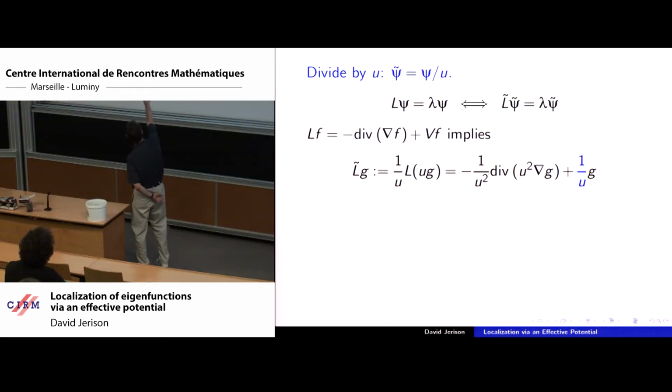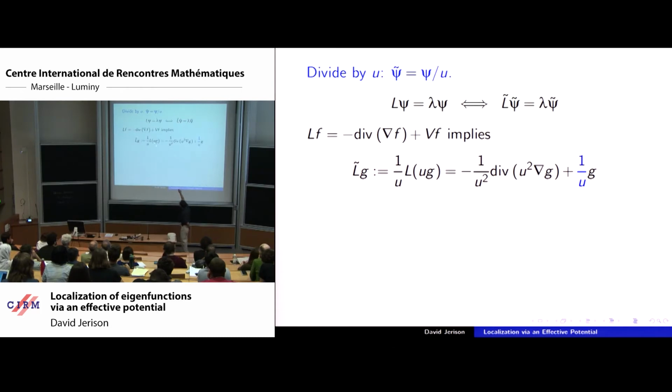So what is it? Well, you just calculate. You have to conjugate the operator; you have to multiply and divide by u. That's all that's going on here, and here's the answer. Now, this is a standard trick, and that's why this thing works nicely. The potential V disappears from the right-hand side. That's the key thing, and this is the standard thing that one does with ODEs. When one studies second-order ODEs, this is one of the standard tricks. And in its place, we have the reciprocal of the potential.